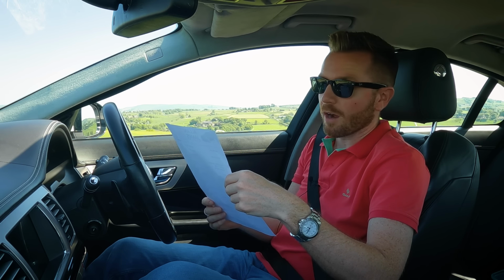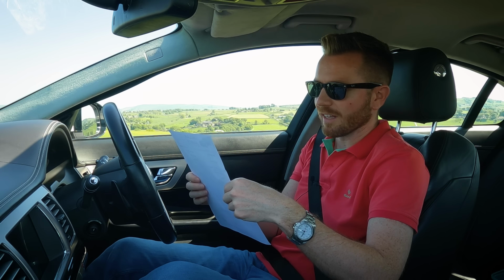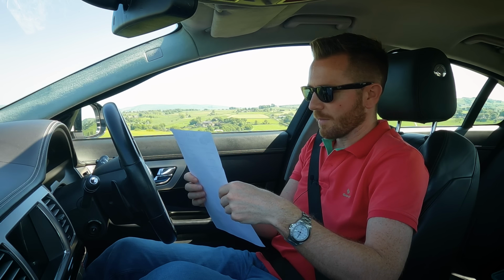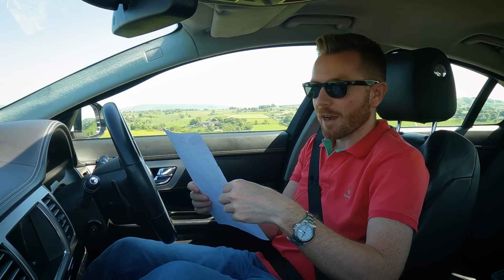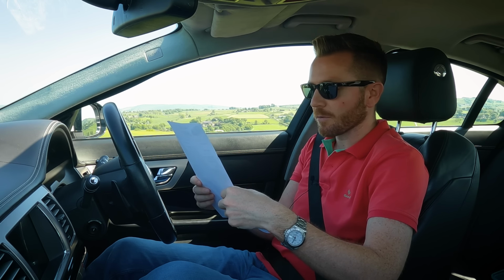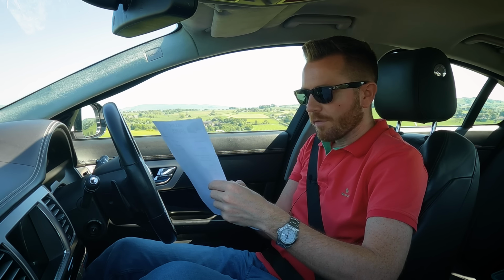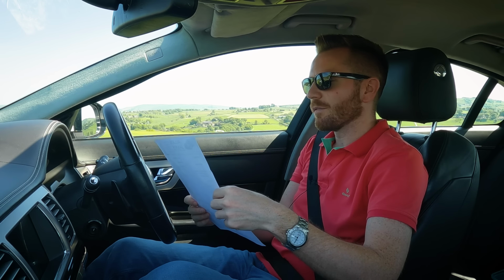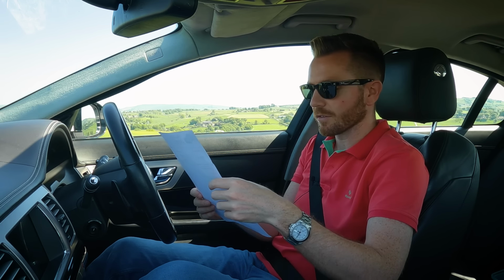Now, if you remember, I paid £4,500 for the car. My MOT test fee was £40, £22 in labour to fit the vent, which in hindsight I probably could have had a go at myself, but I'm quite a busy man and £22 I thought was reasonable. The air conditioning cost me £70, the alloys cost me £220, the valet cost me £70, so that takes my total to £4,926.40. Now I've sold it for £7,495, which gives me a total profit of, before VAT and tax of course,